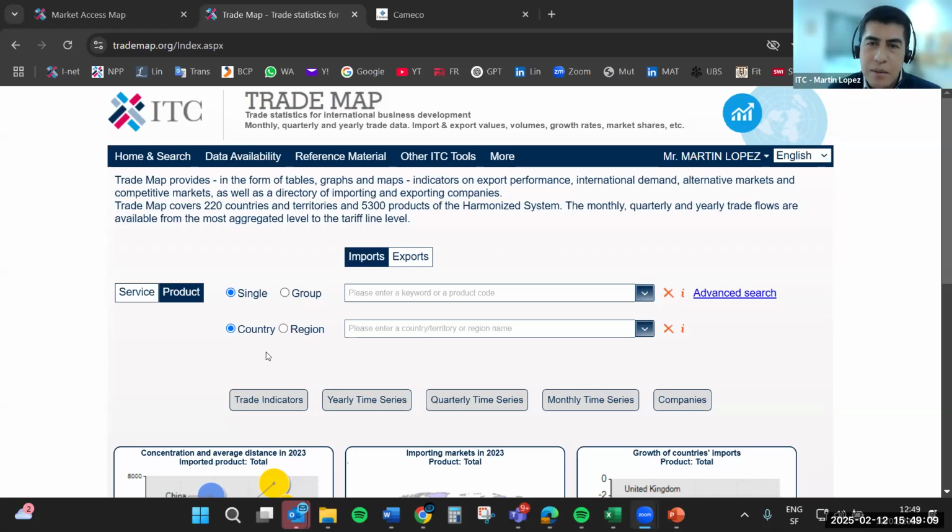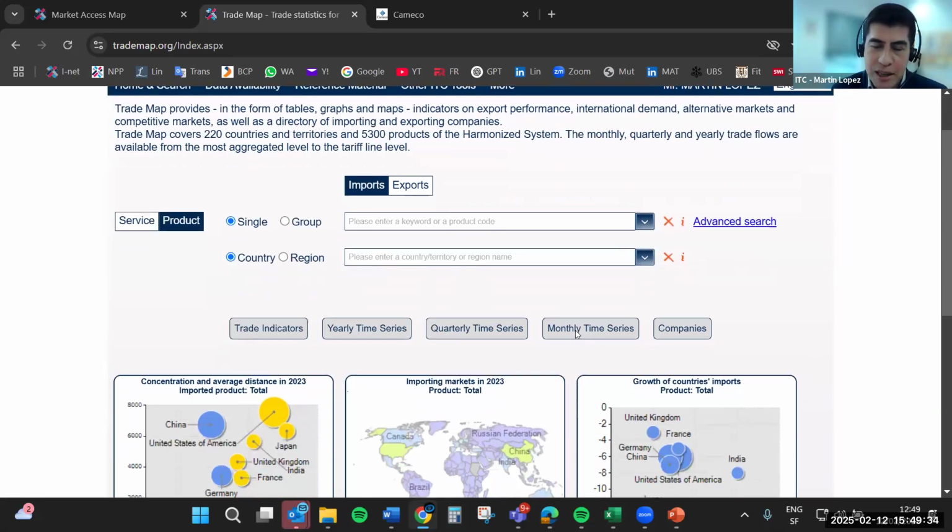Yes, in April, May, we will have most of the data. So that is a good point. TradeMap will be able to process reports as of the 31st of December 2024 by around June, for example. However, if you would like to process some monthly reports, as you can see here in this button,